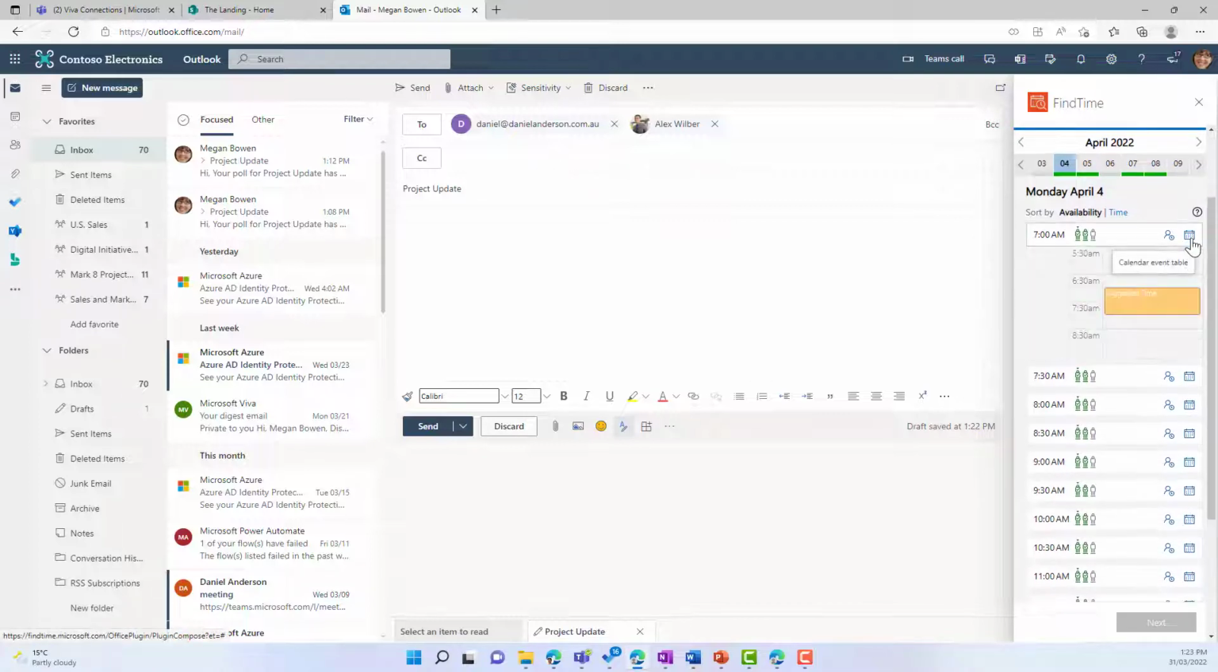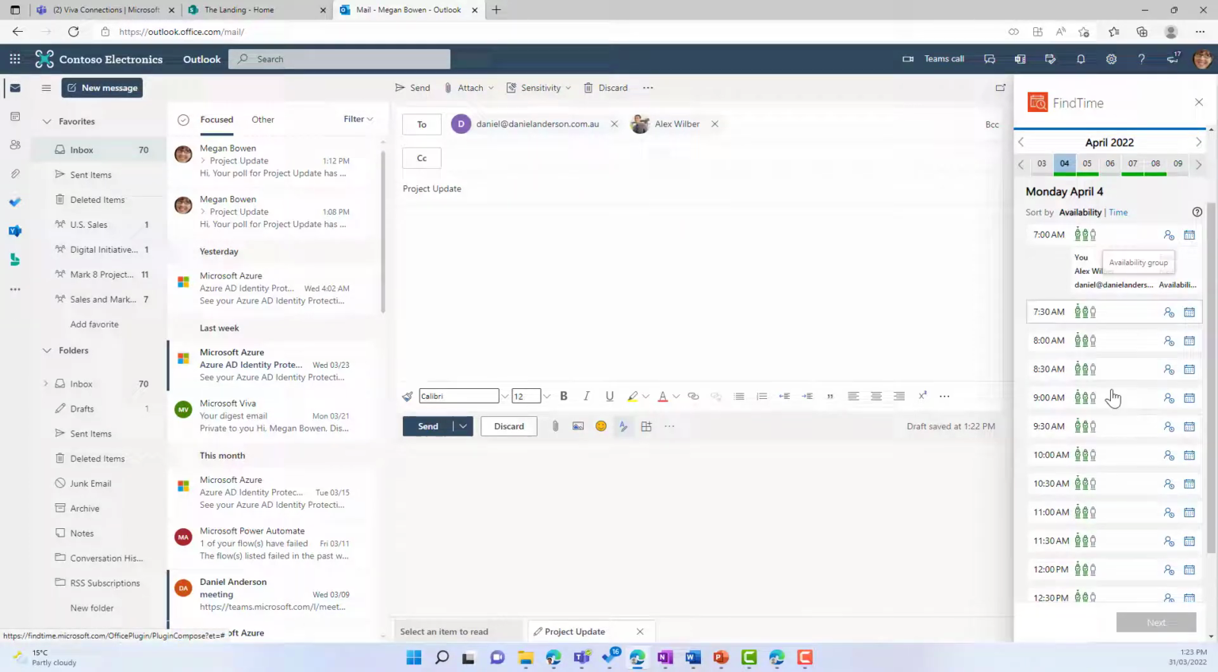We've got some icons here. This is the calendar event table. What this indicates is my calendar shows the suggested time up against my calendar just to see if I've got any meetings prior or post this particular scheduled time. And then I've also got an availability group. So you can see I'm available, Alex is available because I've got access to his calendar as part of our tenant, but the external person I don't have access to,